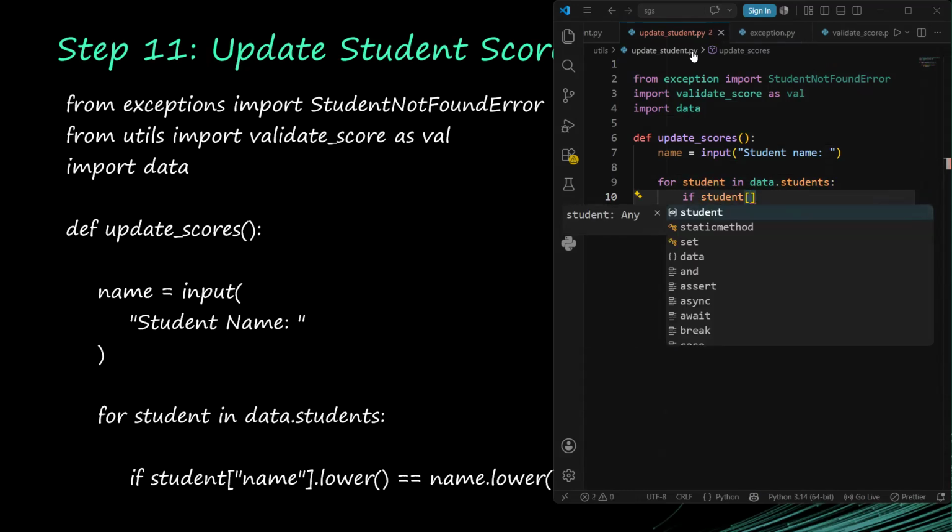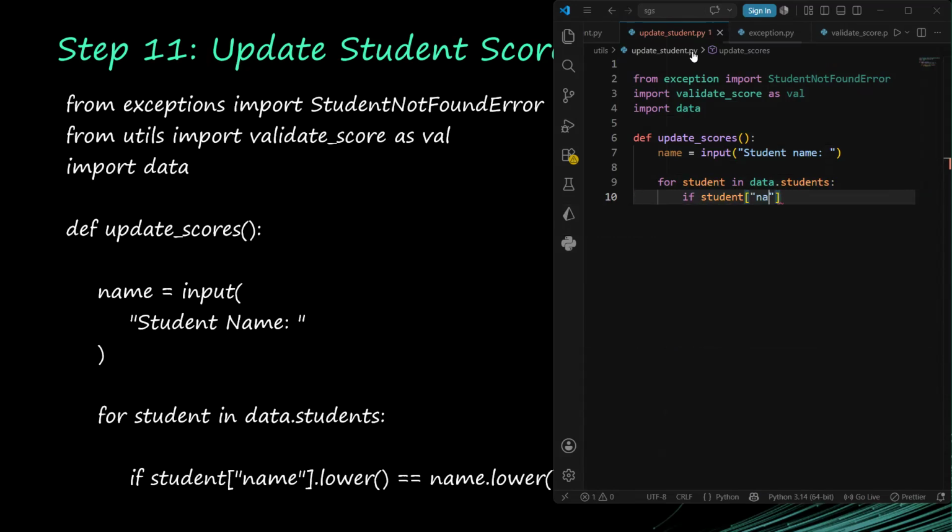If there is a student, we want to check the student by their name, convert it to lower, and if it is equal to the name that the user gave us, also converted to lower,